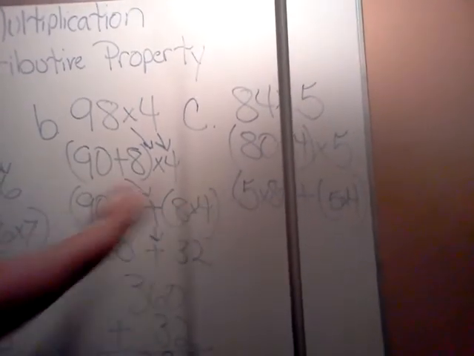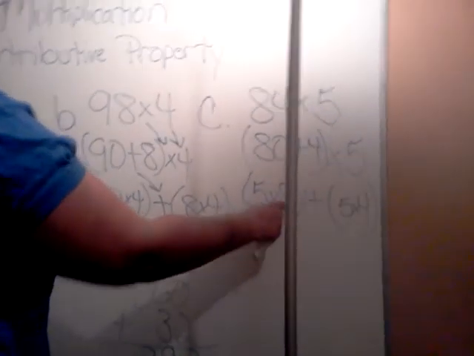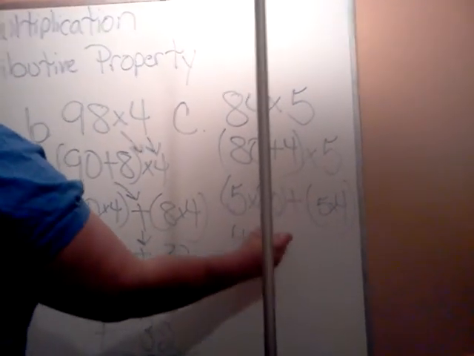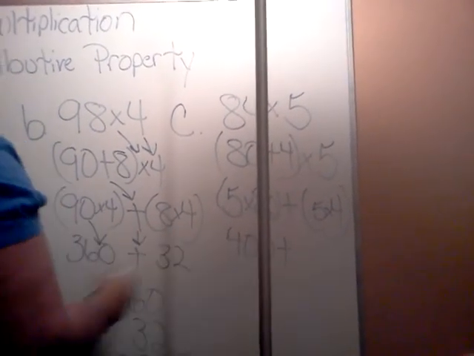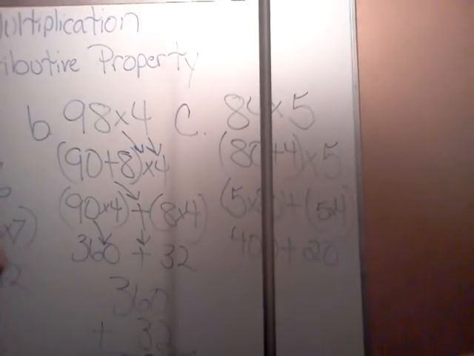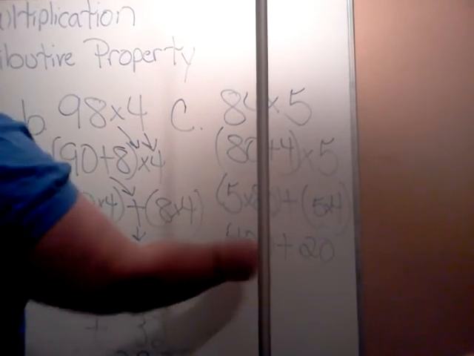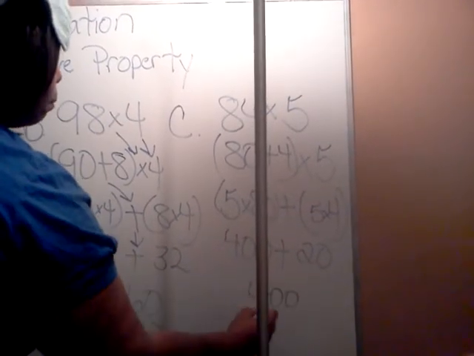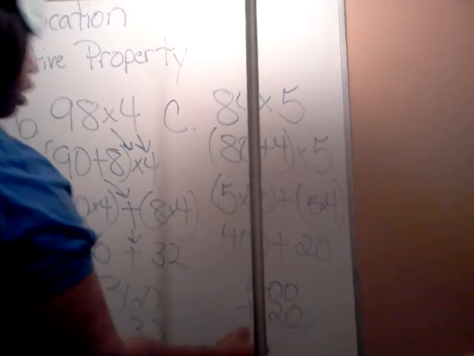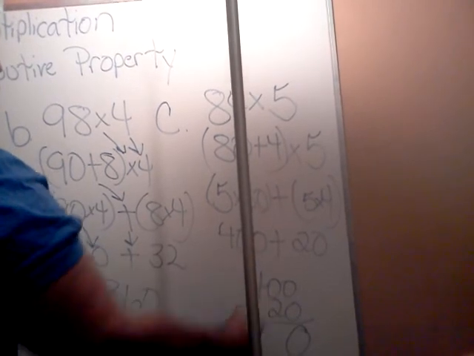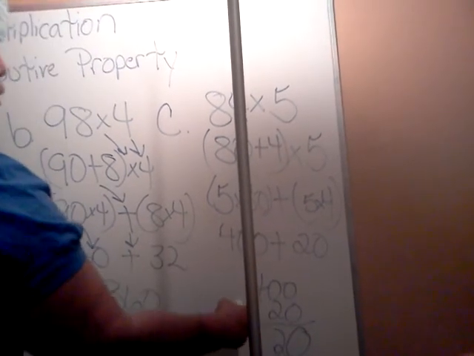Next, I'm going to multiply inside parentheses. So 5 times 8 is 40. Bring down the 0. Bring down the addition sign. 5 times 4 is 20. Last step is add the two products together. 400 plus 20. 0 plus 0 equals 0. 0 plus 2 equals 2. And 4 plus 0 equals